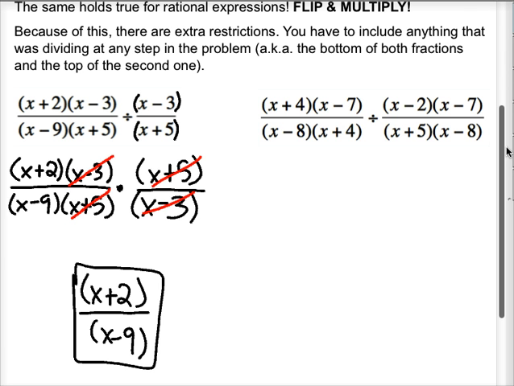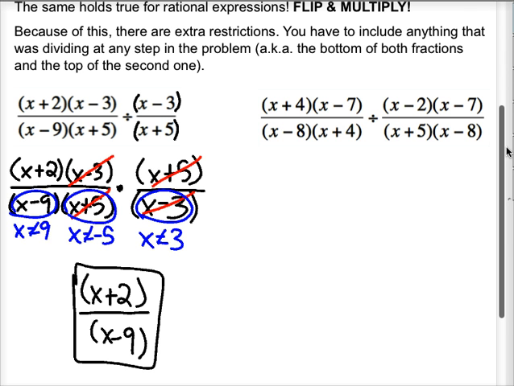So, now the more interesting piece. So, now it's time to state the restrictions. Well, for the restrictions, you're going to know that x can't be 9, x can't be negative 5, x can't be 3. Now, there is one last thing we have to check, okay, because these restrictions are based